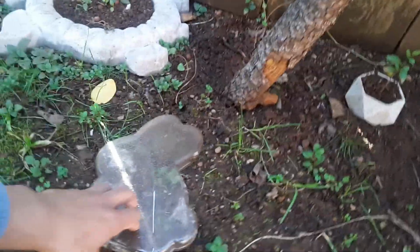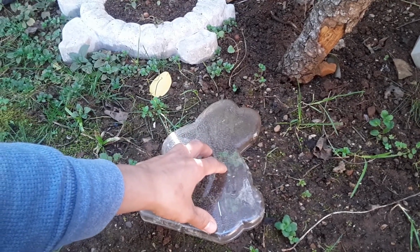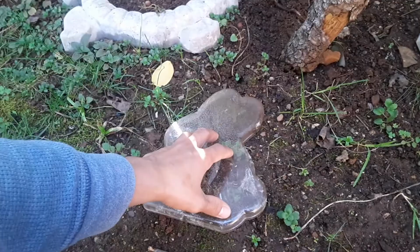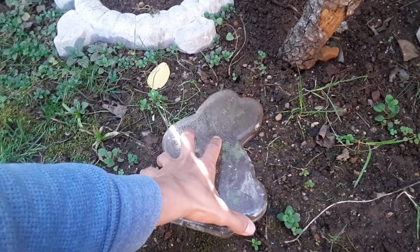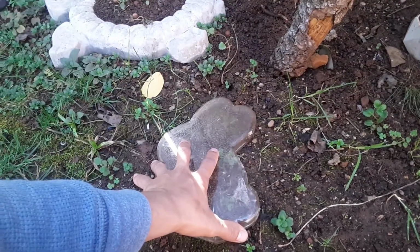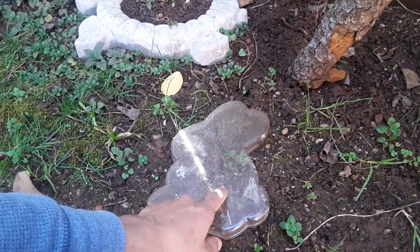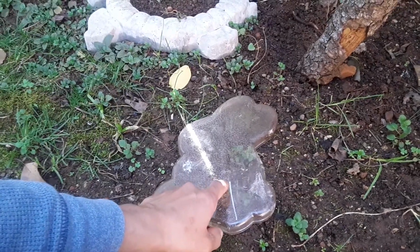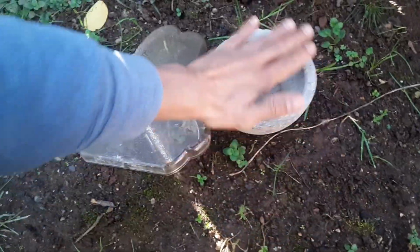So I'm thinking that it would be good if someone created something like this to add in a garden as a decoration. It can also be hidden and disguised. So if you have the bowl here, even if it's flush with the ground,